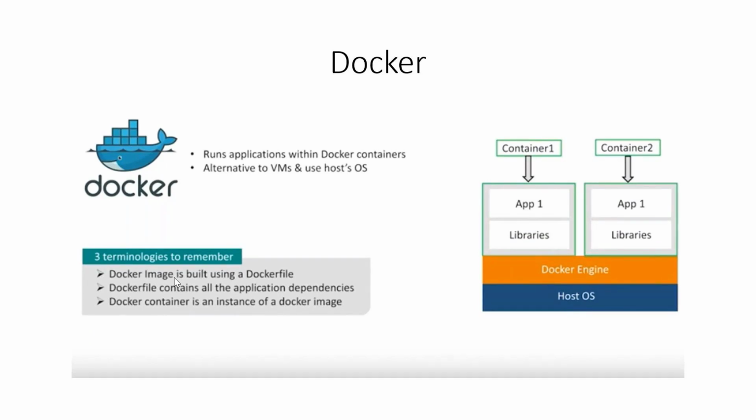And what is a Docker container, right? A Docker container is an instance of a Docker image. When you run an image, it becomes a container, right? So you have a Chrome image and you run it, it becomes a Chrome container, and it will help you run your automation tests.